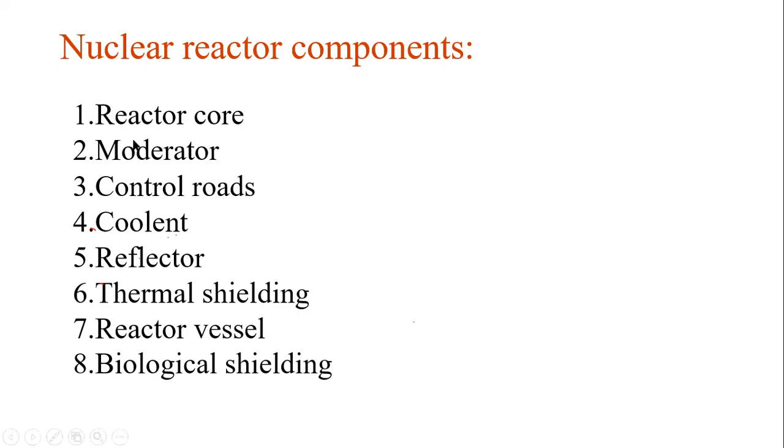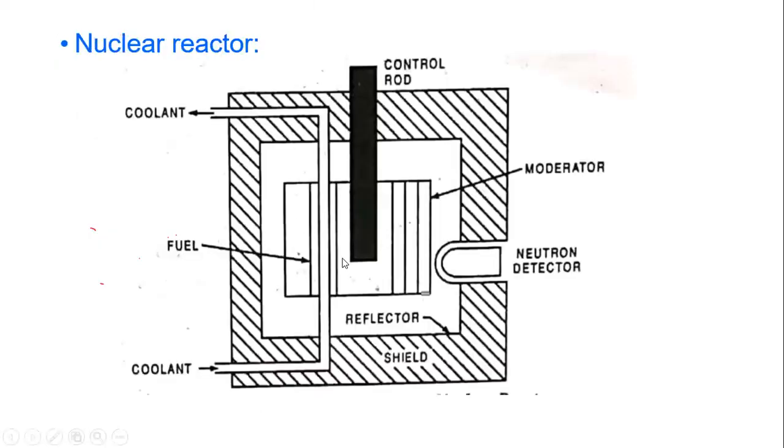These are all the various parts in the reactor. First one is the reactor core. What is meant by the reactor core? It contains a number of rods made up of fissile materials, along with non-fissile materials for better control of the reactions. In that reactor core the fission process takes place. The size of this reactor core is sufficient to maintain the chain reaction.